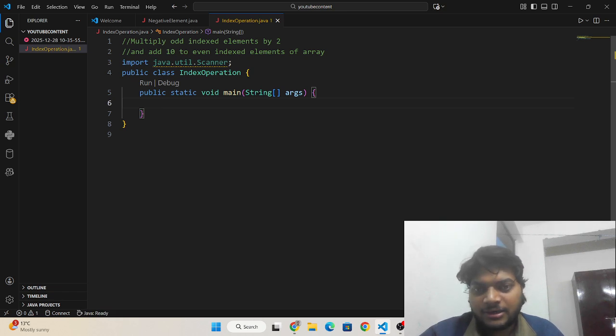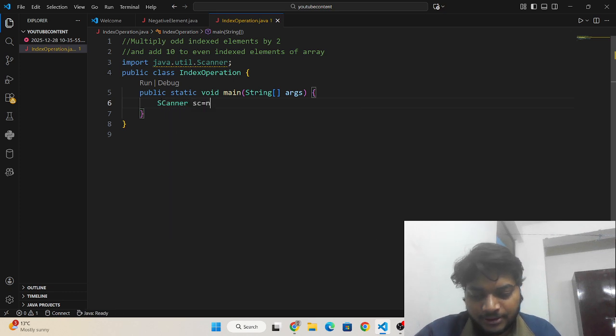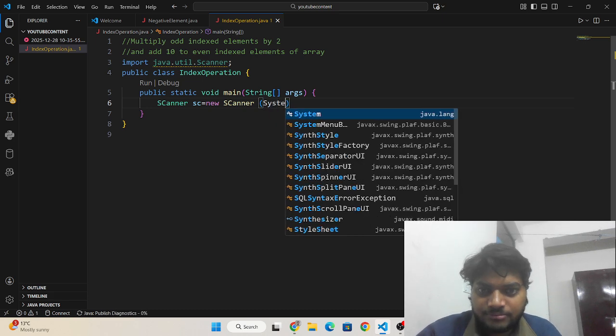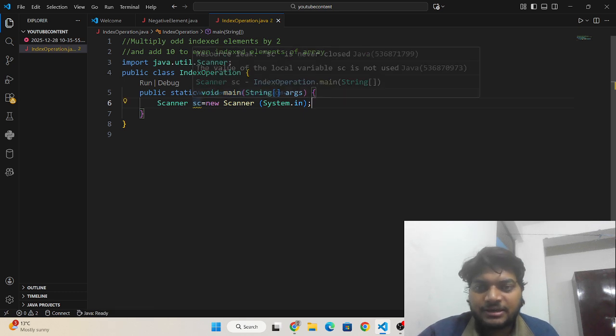Okay, and then I need to write here Scanner sc is equals to new Scanner System dot in. This is the object creation of the scanner class. sc is the object.